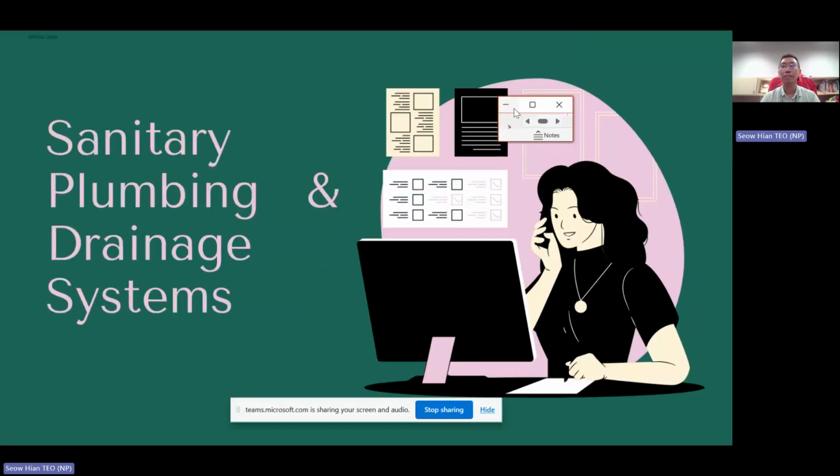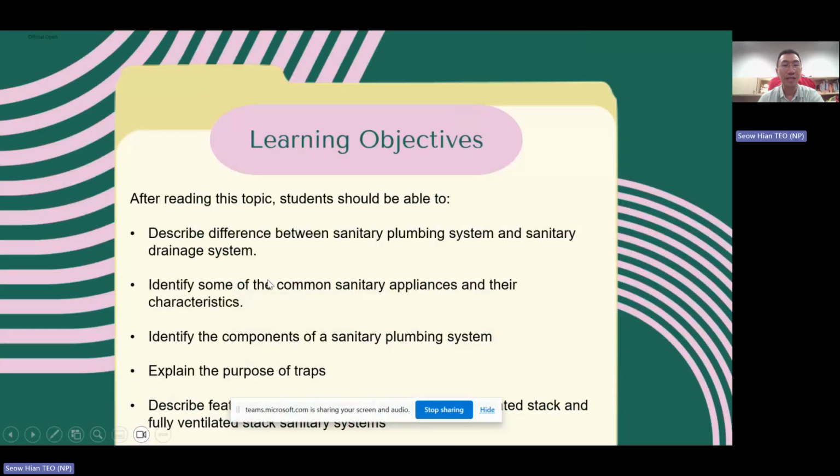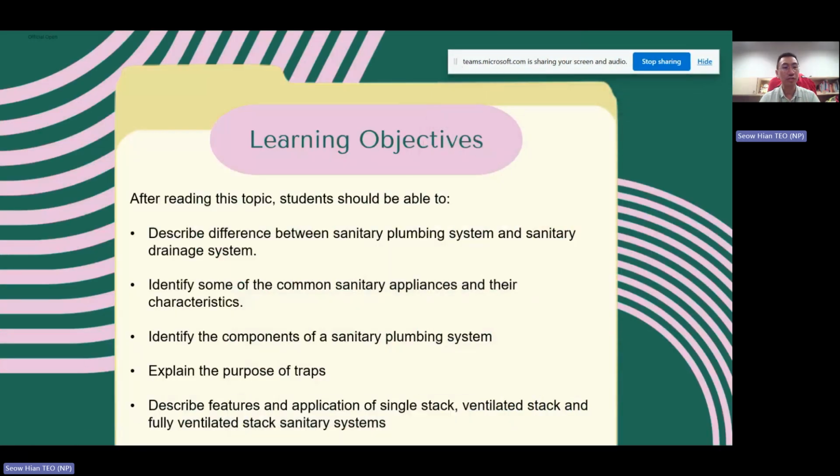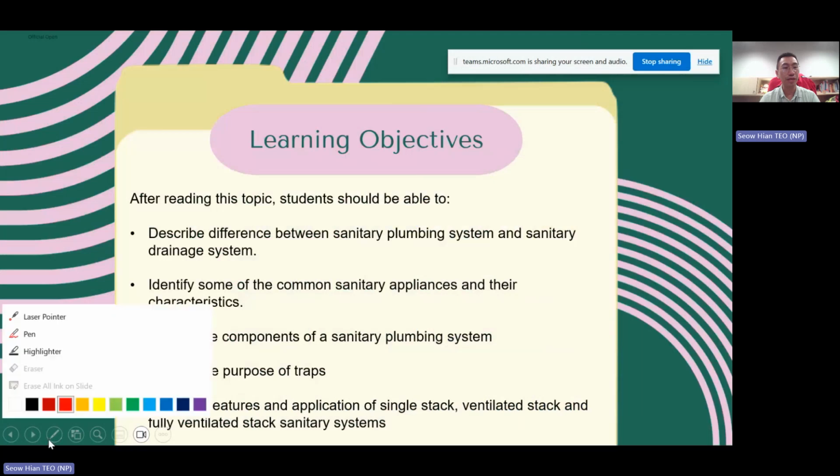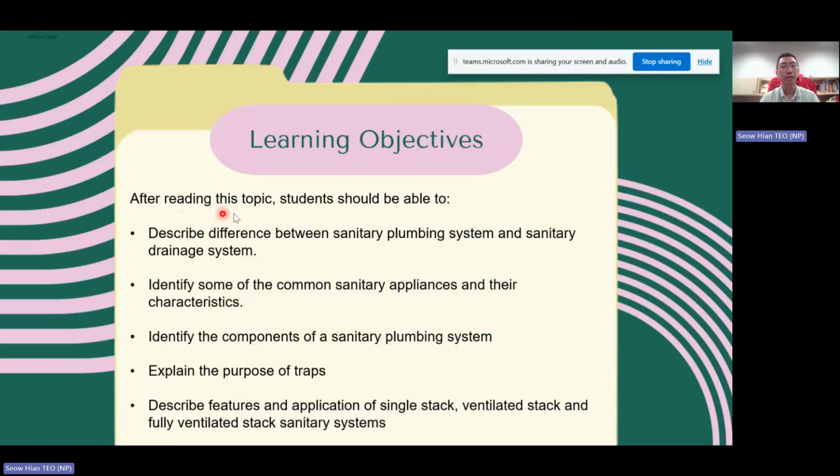So for sanitary and piping, this will be the topic, right? Our learning objective is basically, after doing this subject, students will be able to describe the difference between sanitary and drainage systems, identify some common sanitary applicants, and identify the components of a sanitary piping system,